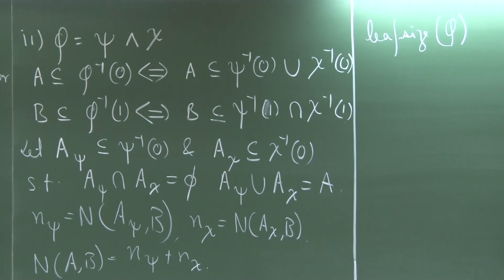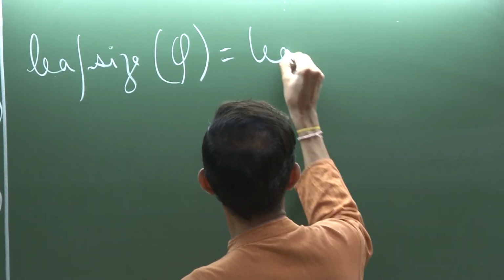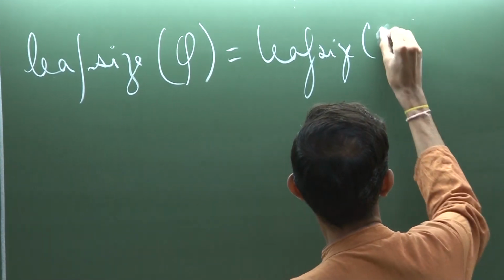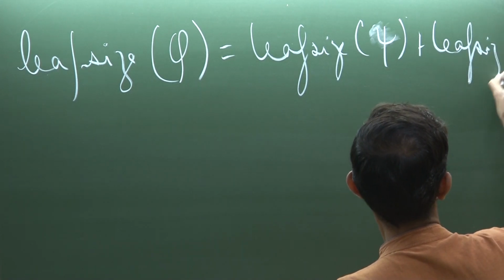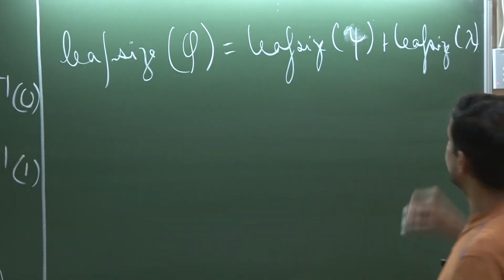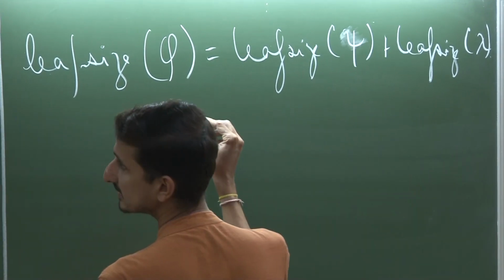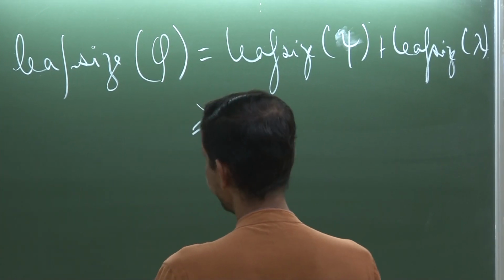The total number of leaves in the entire tree is the number of leaves in this subtree and this subtree. So, it is equal to leaf size of psi plus leaf size of chi, and by induction what we have is that this quantity is greater than or equal to,